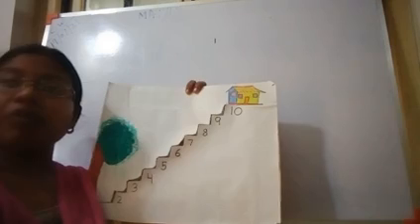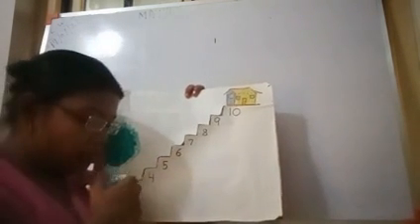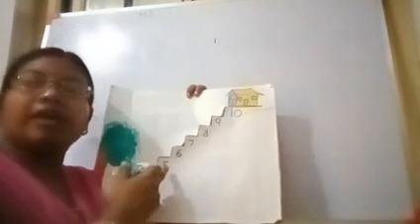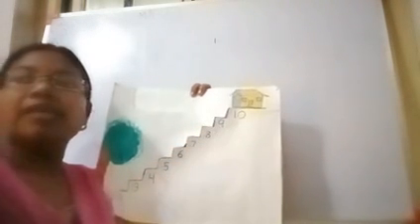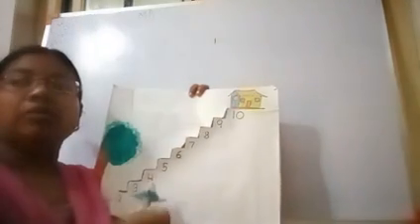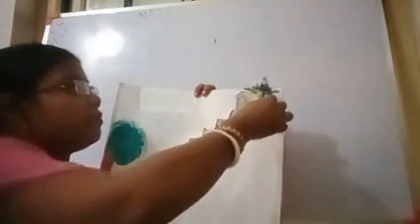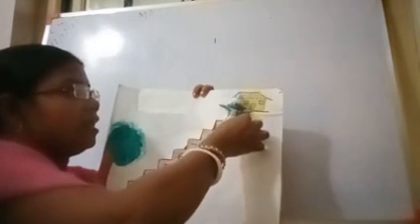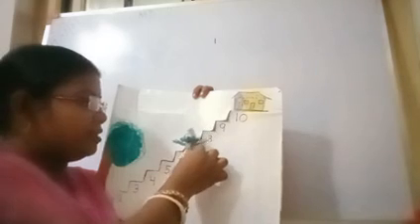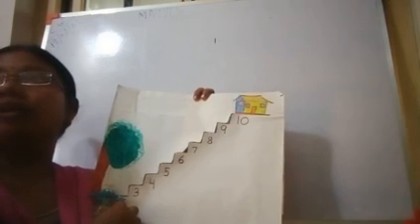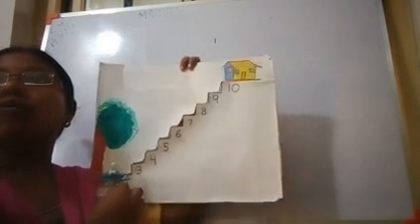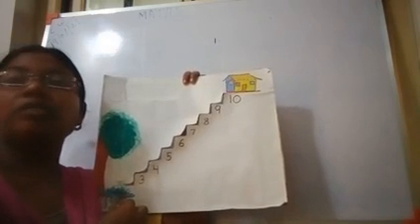When we are going up, we count 1, 2, 3, 4, 5, 6, 7, 8, 9, 10. He is counting the numbers from 1, 2, 3, 4. It is called forward counting. When he is coming down from home, 10, 9, 8, 7, 6, 5, 4, 3, 2, 1. It is called backward counting. What is it called? Backward counting.